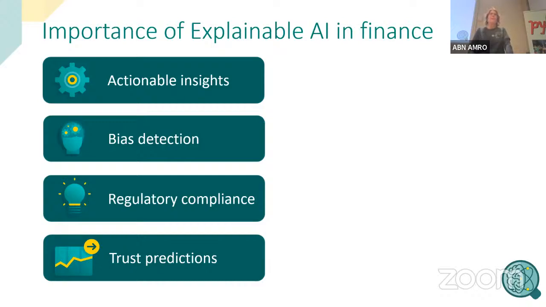As a bank, we have a lot of rules to apply, especially from regulations. We also have to deal with GDPR. With explainable AI, we can be more transparent to the regulators, more compliant, and also more ethical. And fourthly, it's very useful in our work that people trust your predictions,